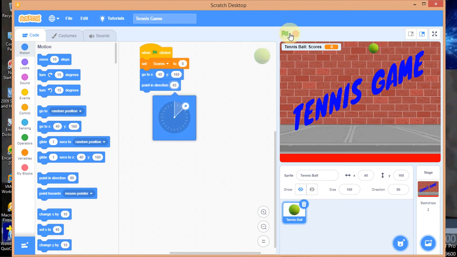Let's see the effect of that. Yeah, you see the spin. I want the ball to be spinning like this. Guys, I'm a good tennis player, so you just spin the ball. That's a cool one, guys. Okay, so let's continue now.